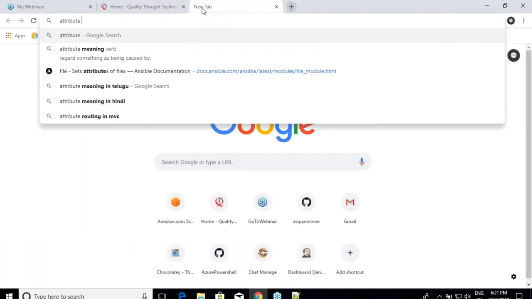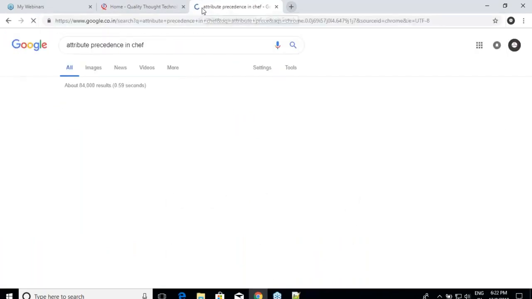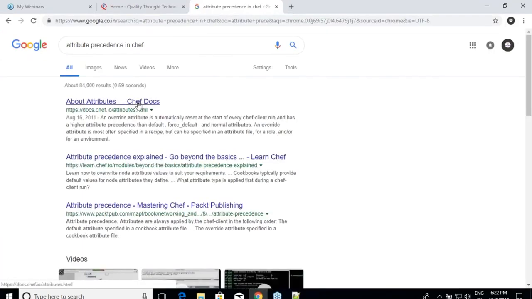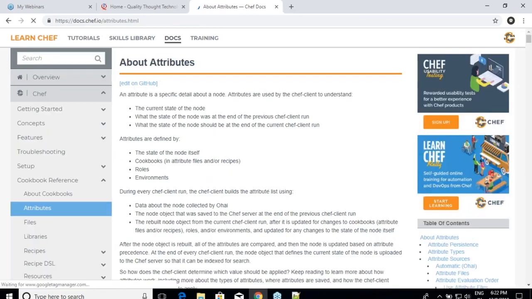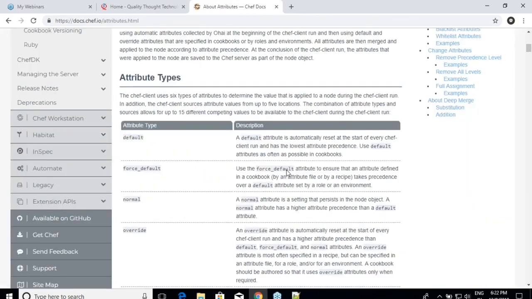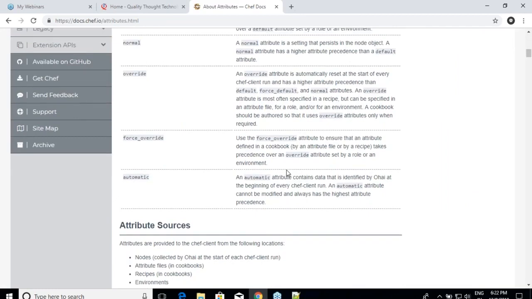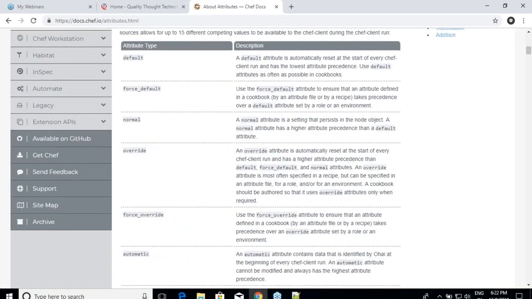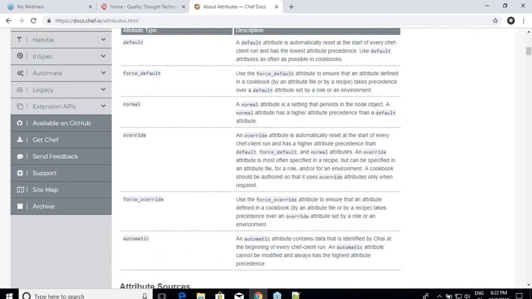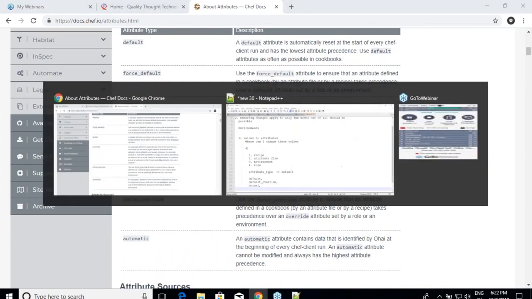Attribute precedence, and yeah, we have force, or basically these are the things: default, force_default, override, force_override. I think I have messed it up over here. So it is not default_override.